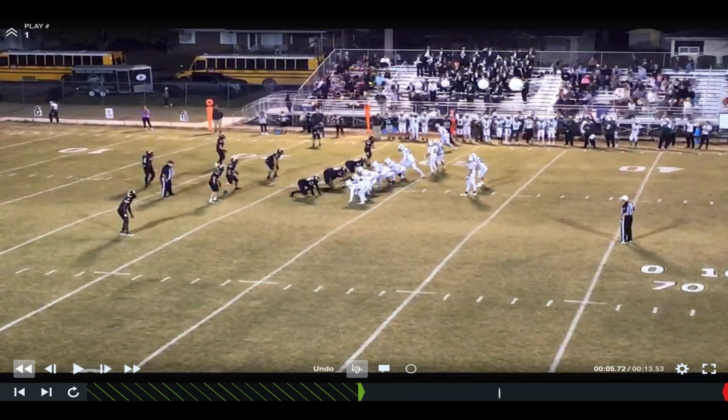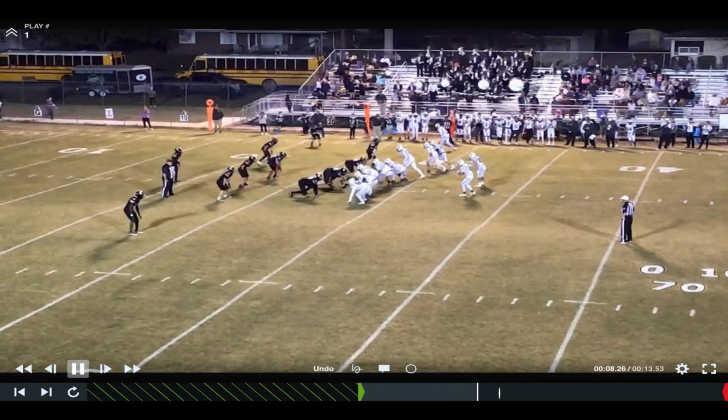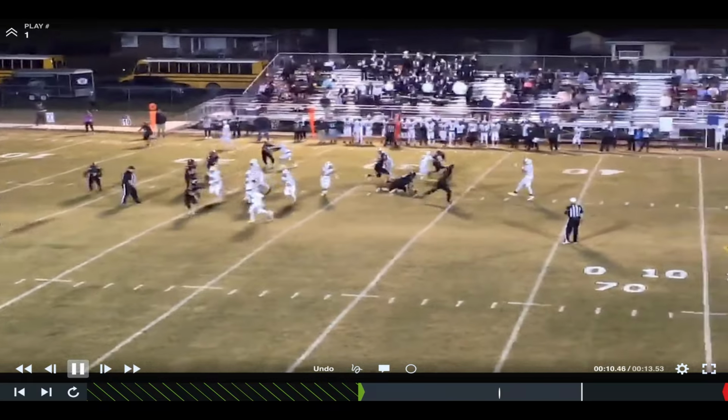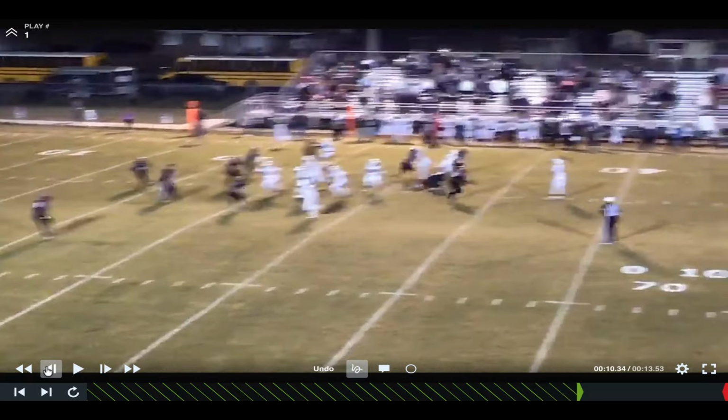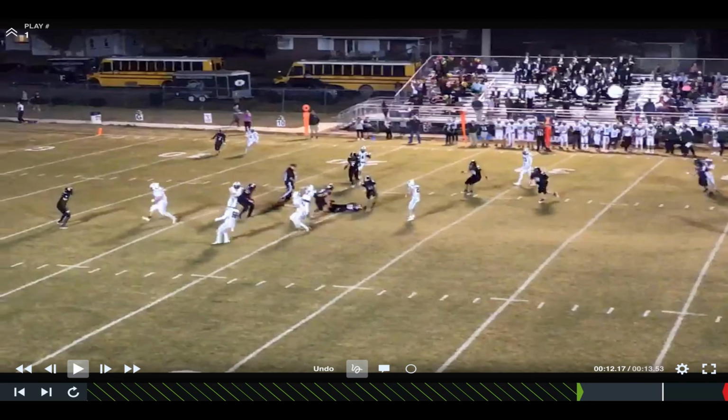So here's a screen pass. When the ball is released from the quarterback's hand, we're going to have a lineman more than 2 yards downfield. Okay, so he's throwing the ball at this point. Got a lineman 3 yards downfield, maybe another one. I'm not sure that is up there, but that's a lineman 3 yards downfield. If this pass has to be behind the line of scrimmage, or we're going to have an ineligible player downfield. All right, if we watch, we see that the ball is tipped and then falls incomplete beyond the line